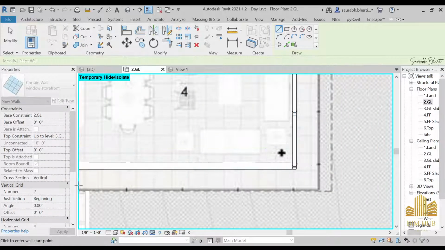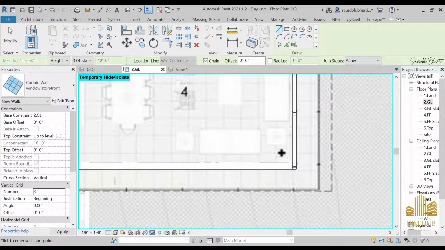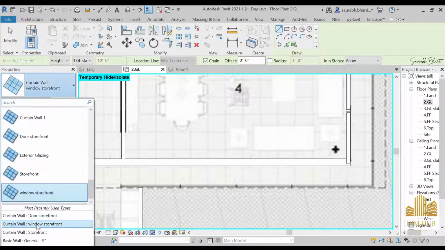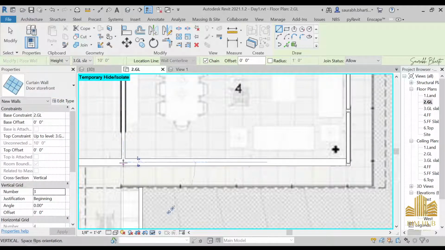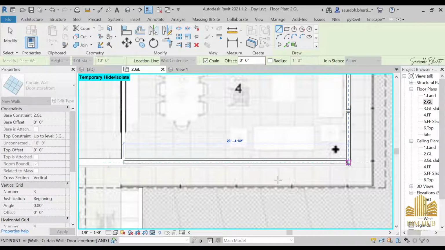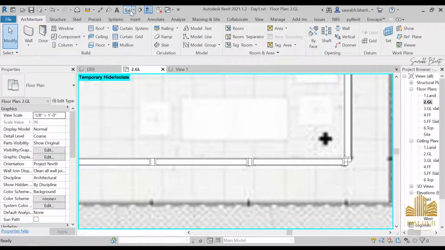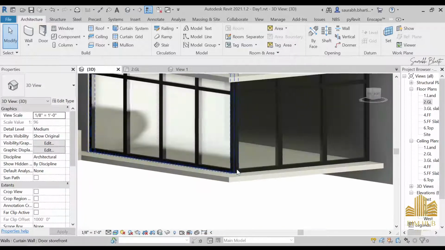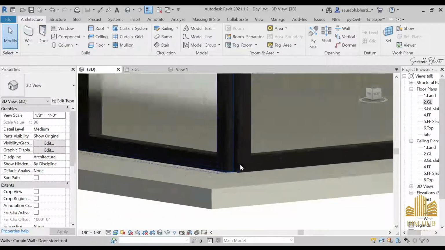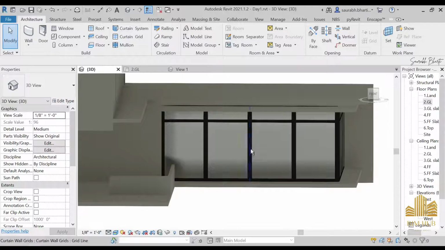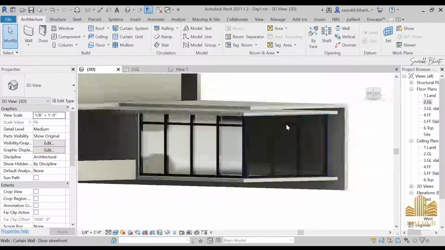Then here we need this, this is 14 number, so just select 3, and here instead of window just select your door and then make it till here, and let's see if it overlaps till that place. Yes, I think it's fine over here. Yes, this is what we want. So as you can see, we have this 4 in number,